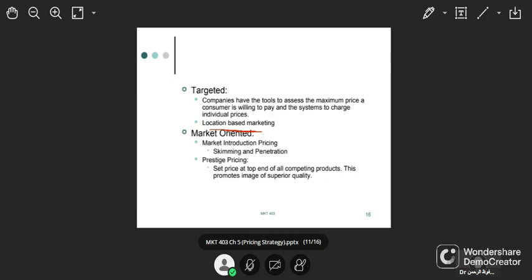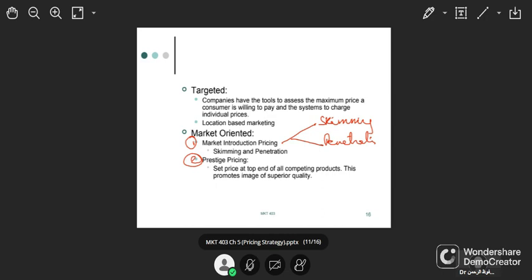So, prices can also be targeted accordingly. Then comes market oriented pricing. Now, market oriented pricing is broadly of two types: market introduction and pricing. Market introduction is of two types: skimming and market penetration. What is skimming? Skimming is you launch a product